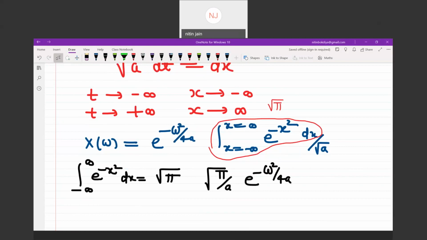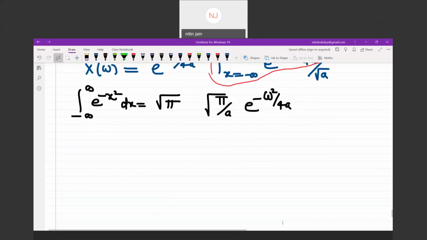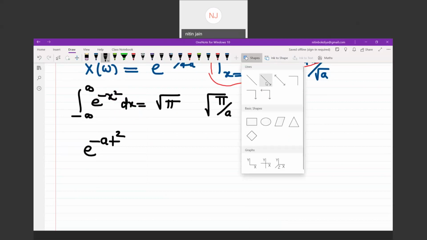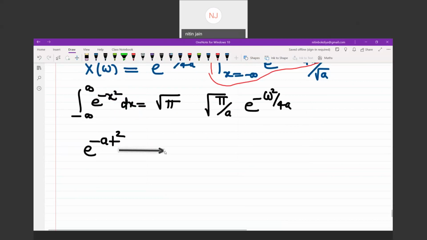And how can I write this function? This is a very frequently asked question, and what I can write now, let's say, Fourier transform of e to the power minus a t square. Of course, a is greater than 0. If you select a less than 0, this will be a divergent function, not possible. Under root of pi by a into e to the power minus 4 square pi square f square divided by 4a. This 4 and 4 cancel. So it is minus pi square f square divided by a.